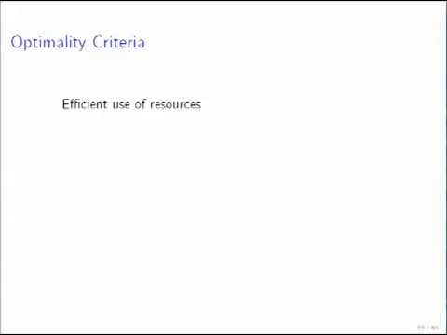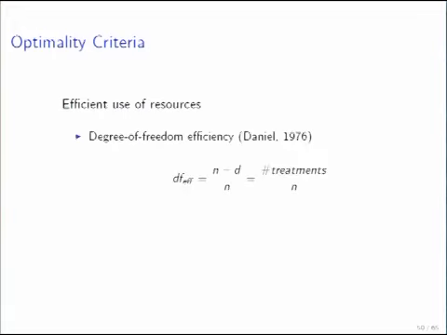But we could think about the use of resources, and there is this definition we borrow from Daniel in his book, the definition of degree of freedom efficiency, that is the ratio between the number of treatments and the number of units we have in the experiment. So if we maximize that,